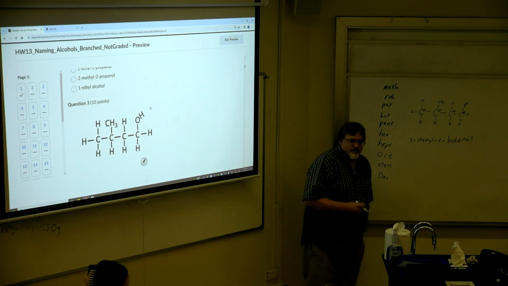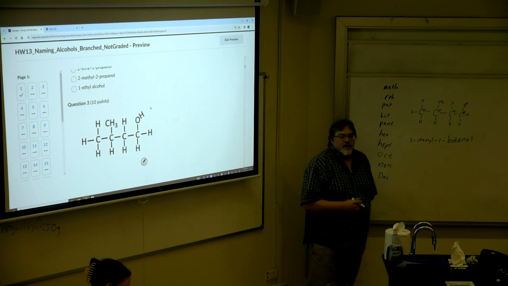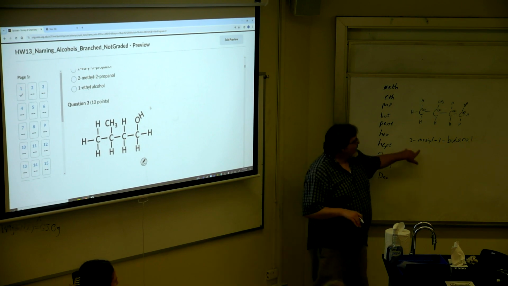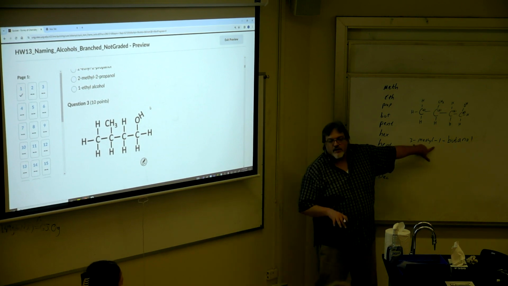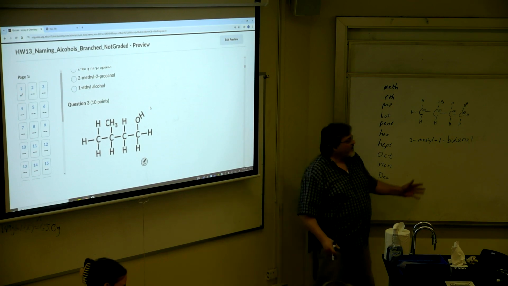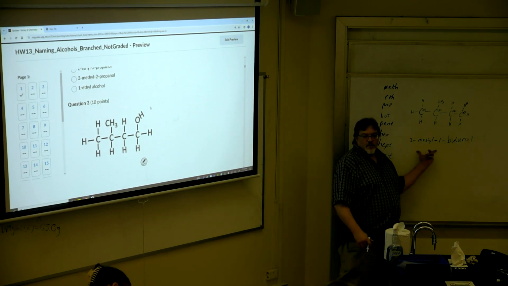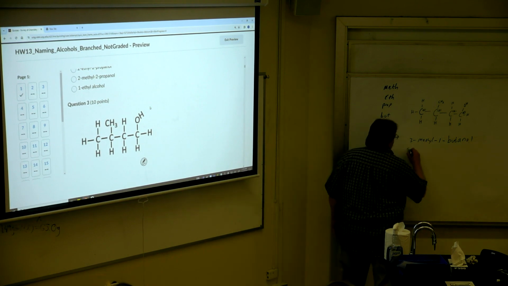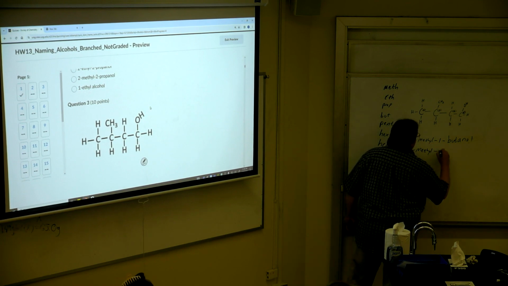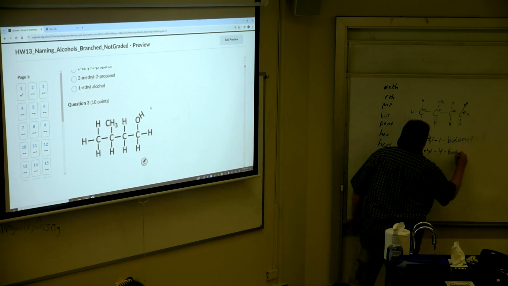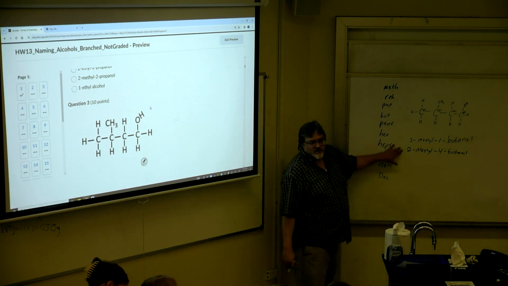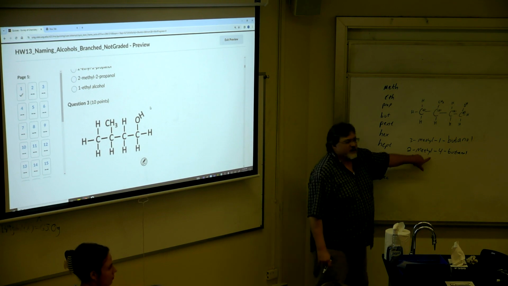Would it be accurate to say 2-methyl 4? That kind of works, but it's 100% wrong. Because you want to keep these numbers just the lowest you can get. So yeah, there is logic in what you just said. The problem is there's another way to do it to make these numbers lower. Even though there is logic, these numbers are bigger than they have to be